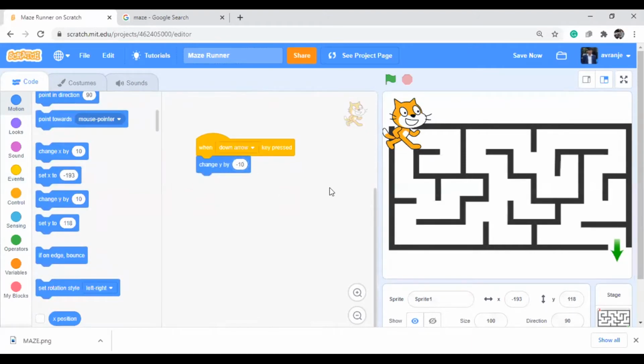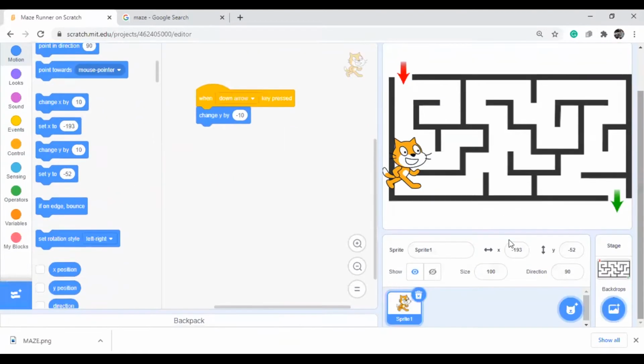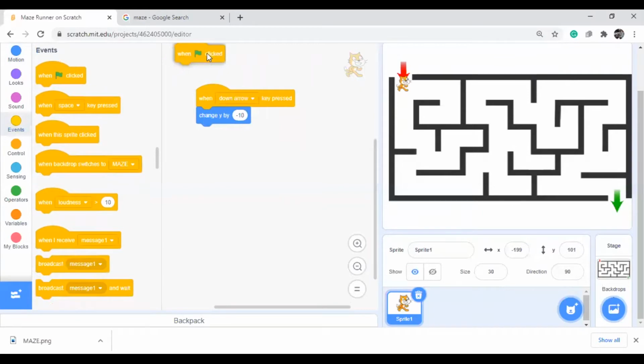Now you can check it out. See, it is coming like this, but this size is very big, so we will change the size. How can we change the size? We can keep the size to 50%. So is it fitting in this one? No, it is not fitting. So make it 30%. Yeah, I hope so. It is fitting. So it can fit in all formats. Good. Now what you do when flag is clicked?